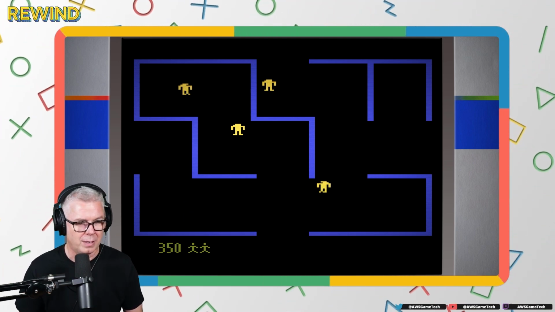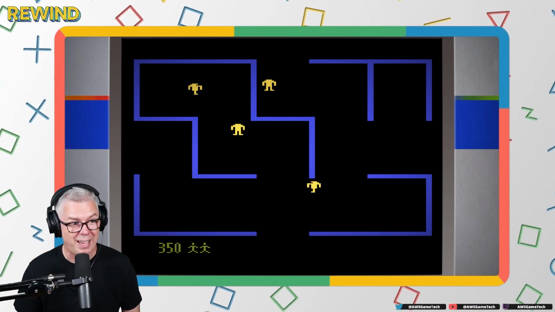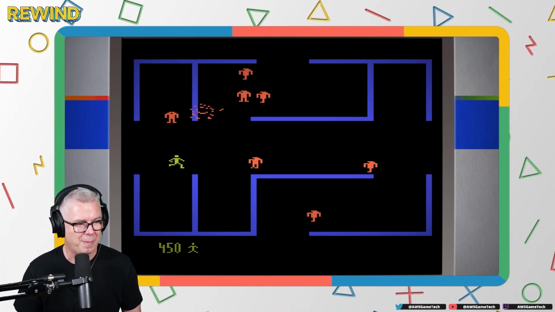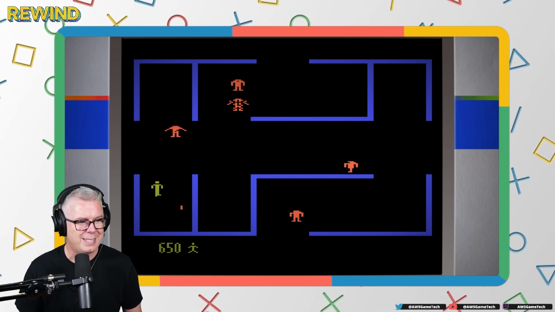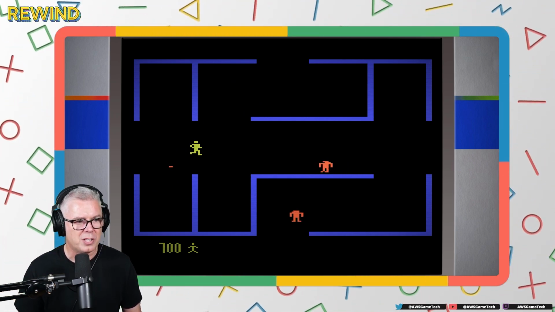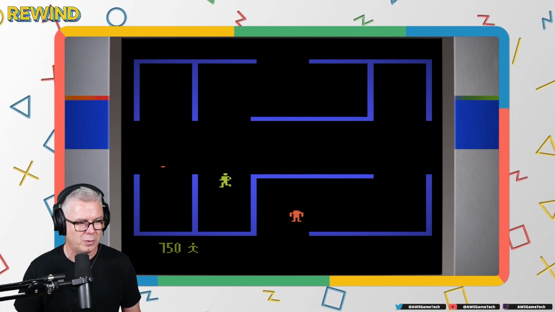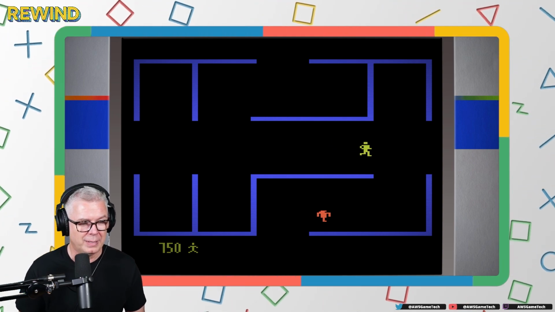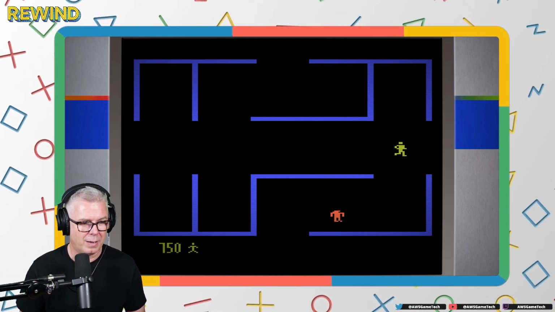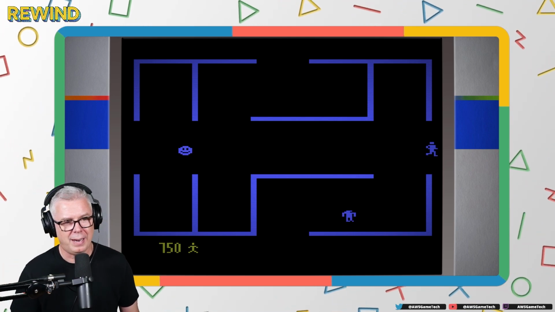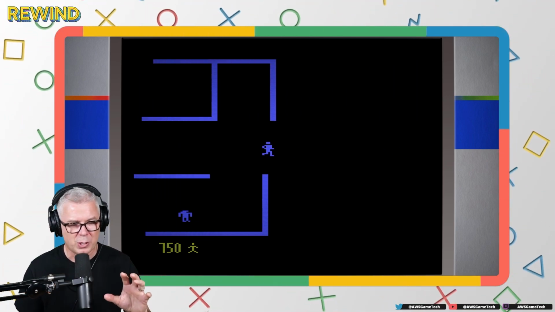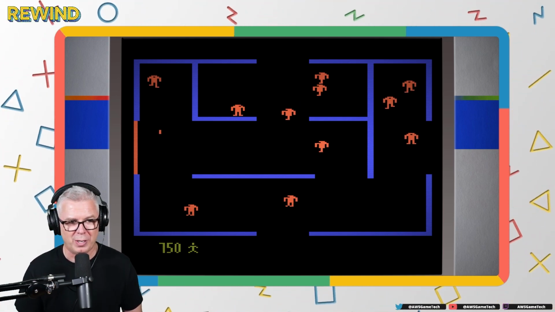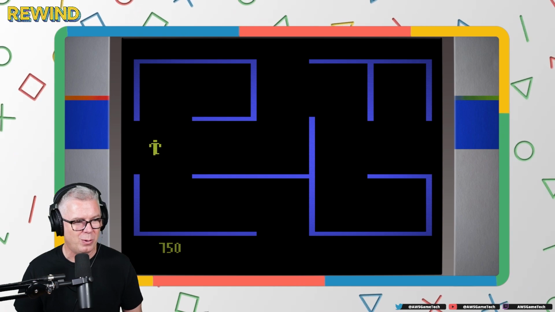See, I ran to the... But you got that voice sample that the Atari 5200 could produce, right? It's definitely not as smooth as the 2600 version, but it does have the voice sample, so that does make it pretty darn cool. So that is pretty all right. Now, you notice that the entire screen had to stop moving because it took all of the processing power of the Atari 5200 to play those voice samples.